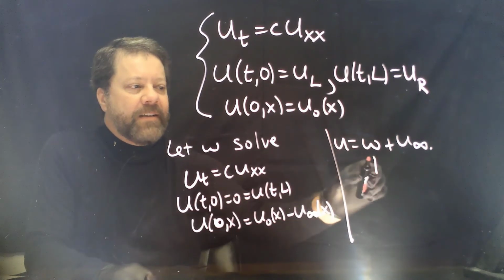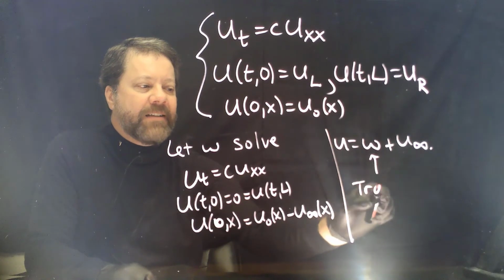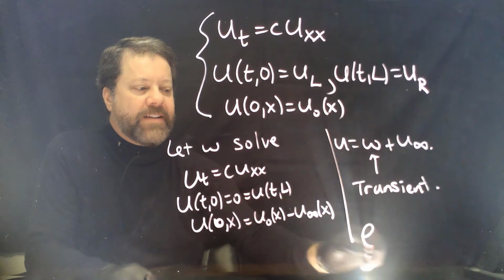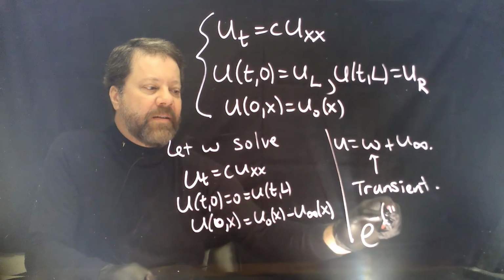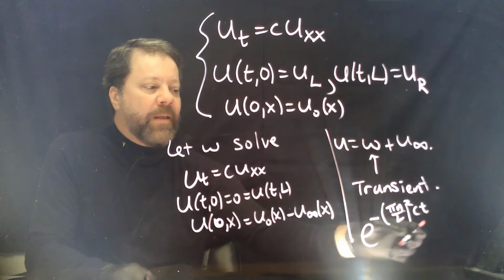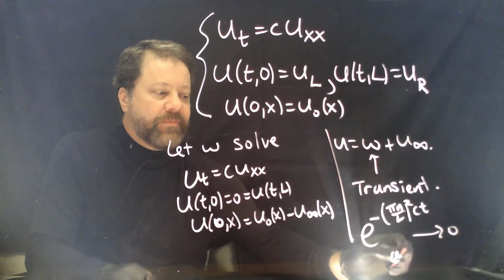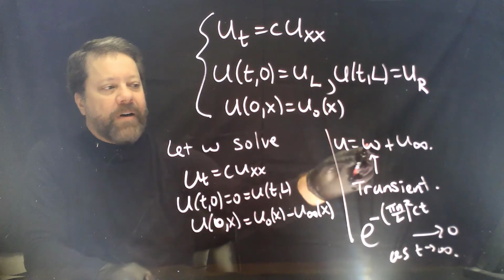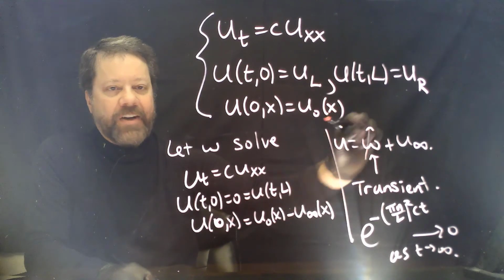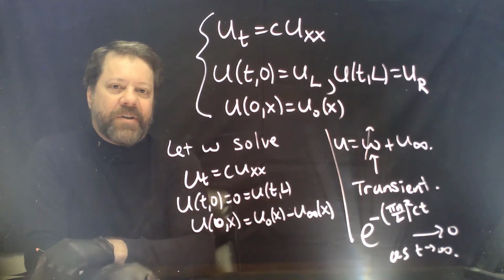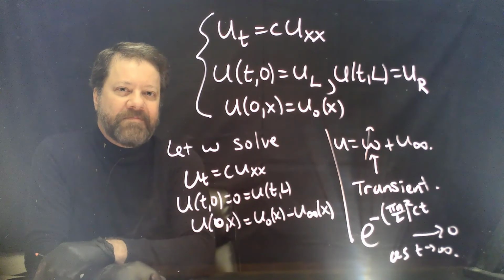Notice that W is transient. It has this factor e to the minus pi n over L quantity squared Ct, which goes to 0 as t goes to infinity. So this part will vanish as time goes by, leaving only the steady state temperature as t goes to infinity. Let's look at an example of a bar